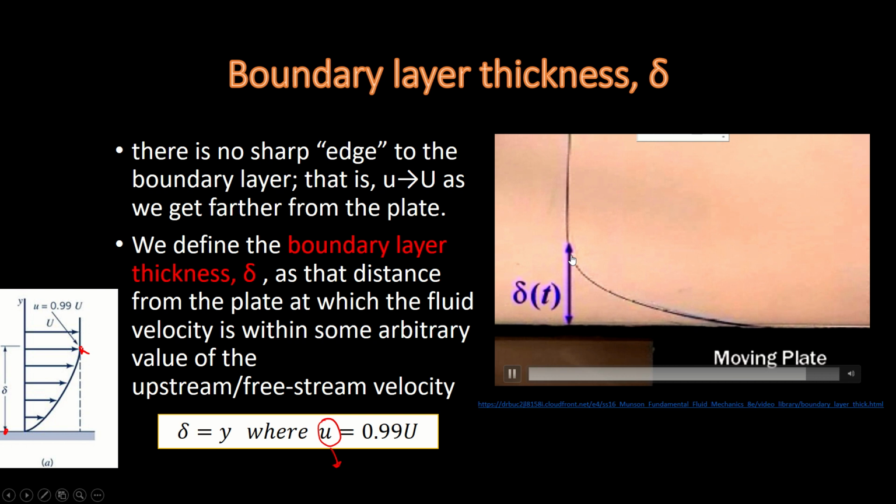Here u equals 0.99 U, and here u equals 0. From the plate to where u equals 0.99 U, we define this as the boundary layer thickness.